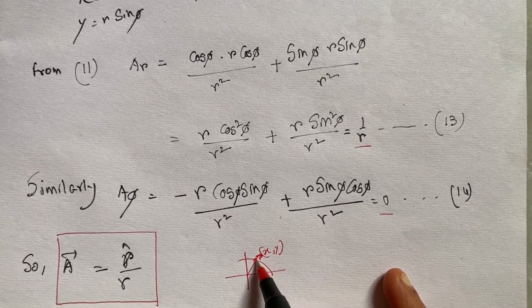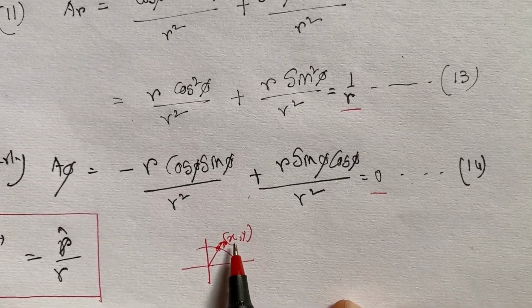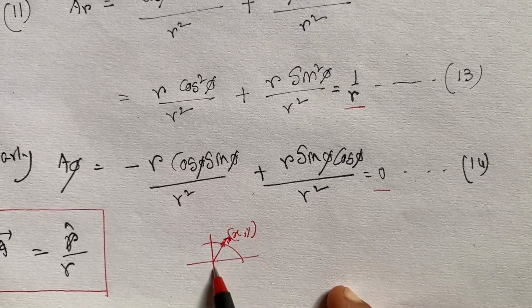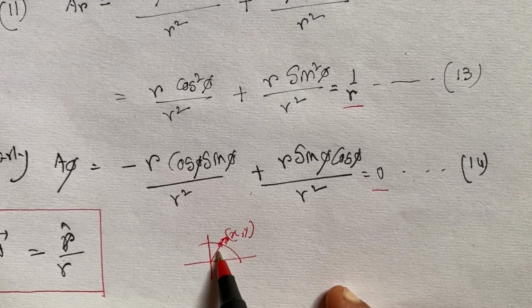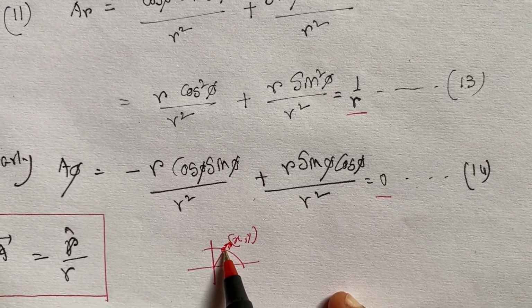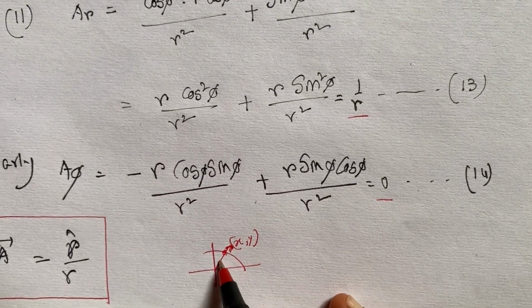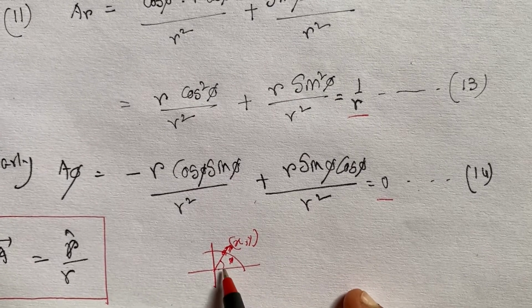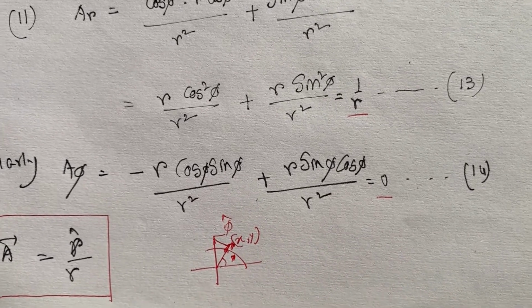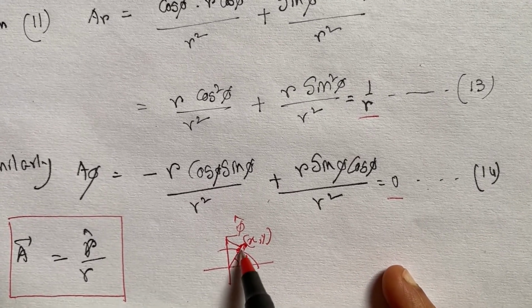This is not quite surprising, because I am getting a vector which is crossing a point. This point in Cartesian coordinate has 2 coordinates, 2 numbers to specify its location, which are x and y in Cartesian coordinate system. And this vector is along the direction of increasing r, but it does not have any component along the direction of increasing phi. Phi is this one, that is, this direction will give me the direction of phi hat. So this vector does not have any component along this direction. This vector has component only along this direction.